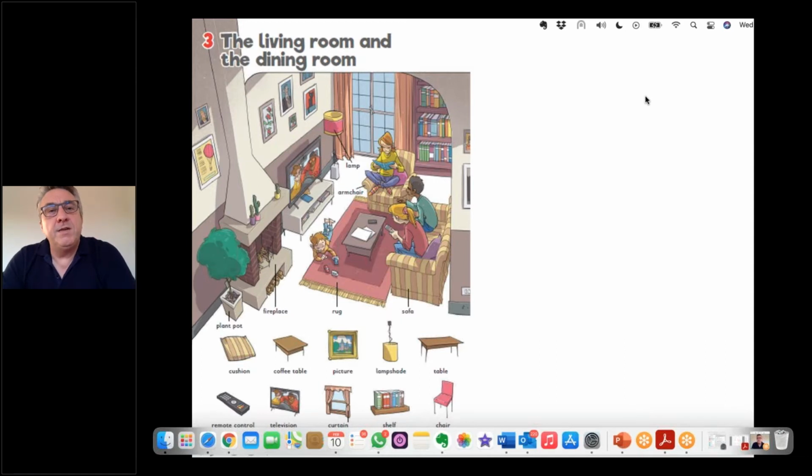What color is the lamp? You could ask, and we know the color. Don't worry. But you see what I mean. This is how we get students to pay attention. And so we've got some present continuous there. There's someone who's reading a book. The two kids are watching TV, and so on.